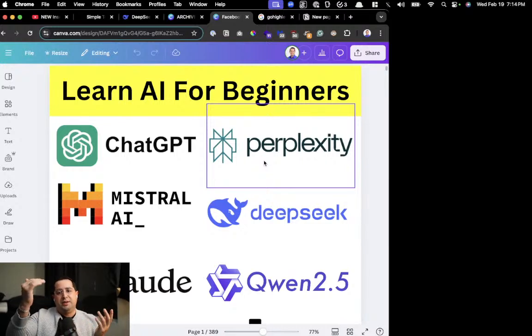ChatGPT will always be the go-to because they got voice and they got custom GPTs, which is what you're going to use for copywriting. It's such a well-developed product. All the other ones are still new, so they're going to get better over time. But damn, are they giving ChatGPT a run for the money.